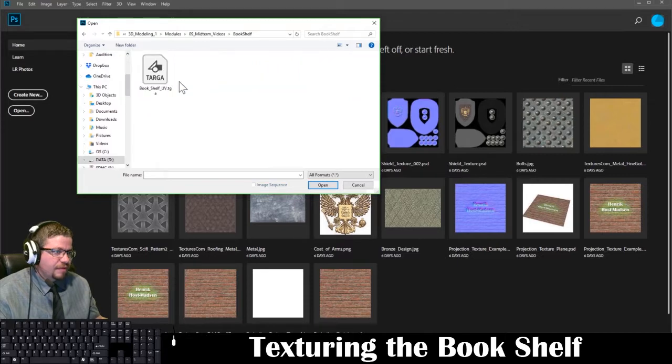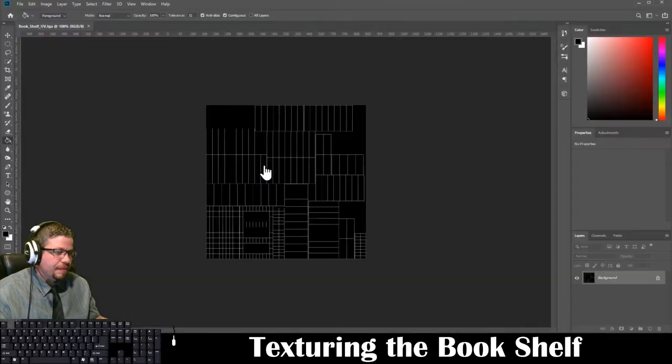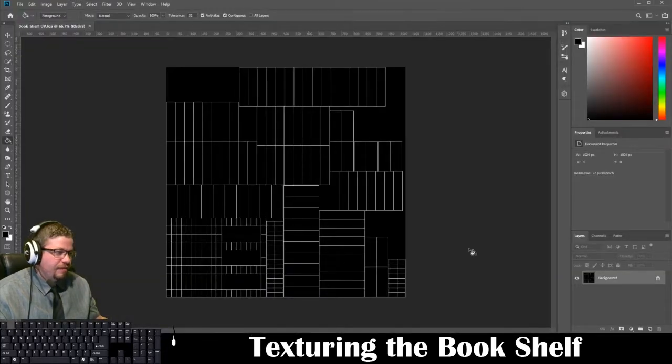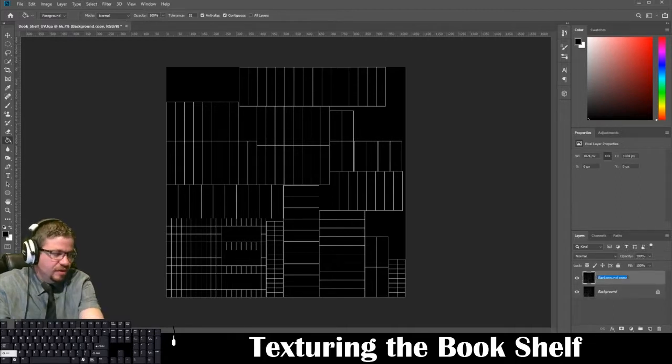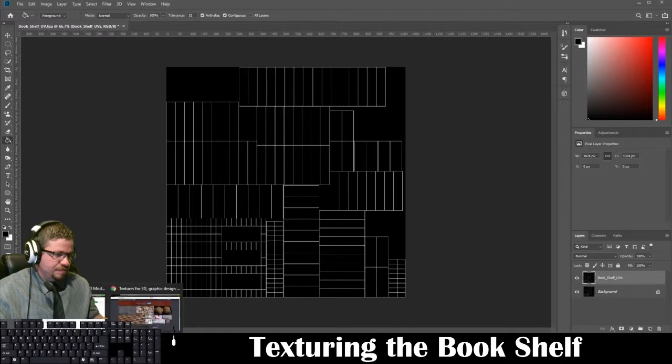And bookshelf and bookshelf. And now I have my UVs here. So I always like to start by clicking and dragging and duplicating my background. And I can always rename this and call it... alright. And now I'm going to find a texture